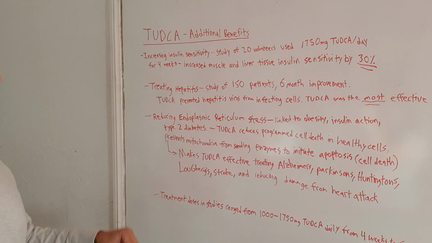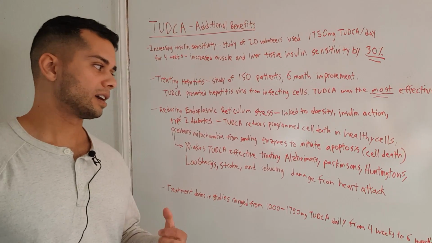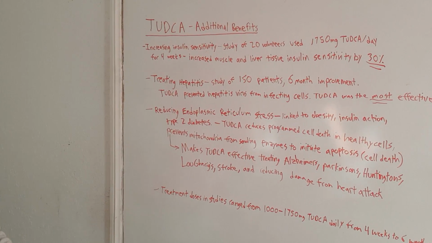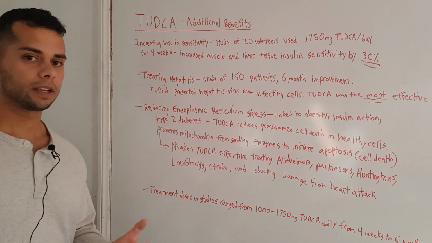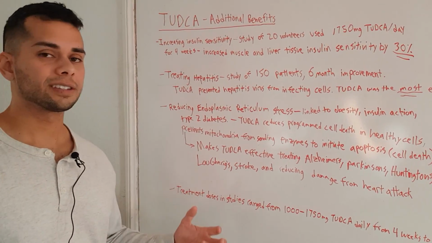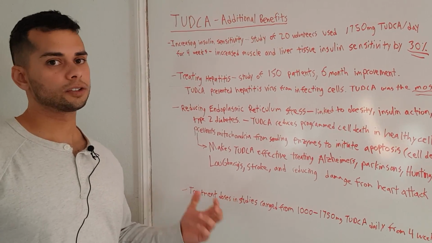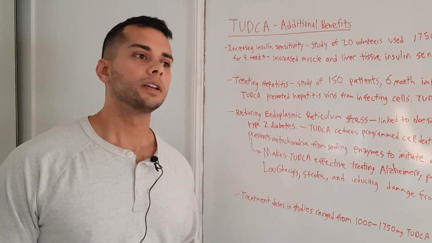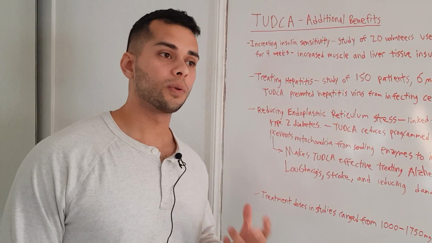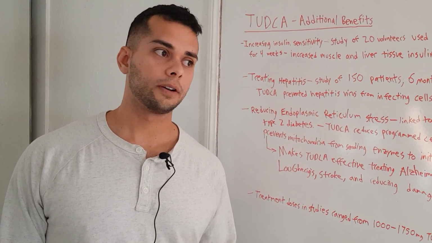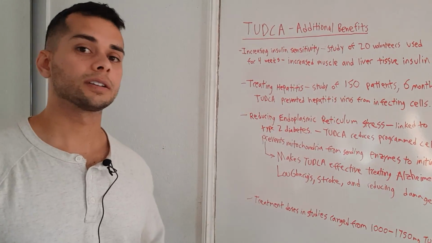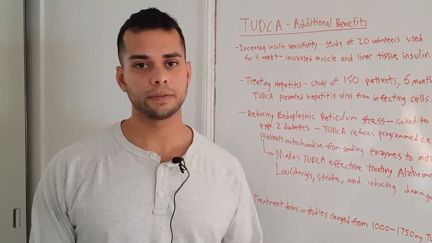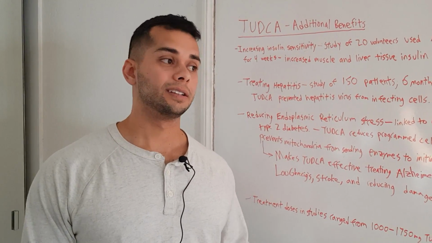Now this is done by TUDCA preventing the mitochondria from sending enzymes to initiate that apoptosis or cell death in the endoplasmic reticulum. This makes TUDCA effective for treating diseases such as Alzheimer's, Parkinson's, Huntington's, Lou Gehrig's, stroke, and also reducing damage from heart attack, because all of these diseases have to do with cell death. Now TUDCA being able to, in a way, somewhat prevent that cell death makes it a very effective treatment for these types of things. Studies are still being done to document this, but we do know that TUDCA is effective at preventing protein unfolding,